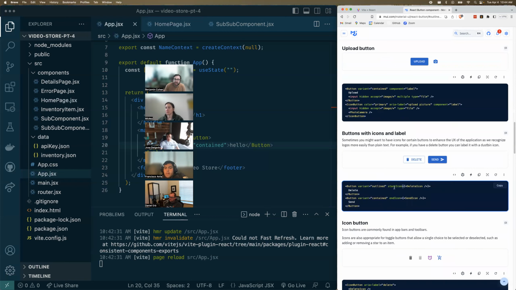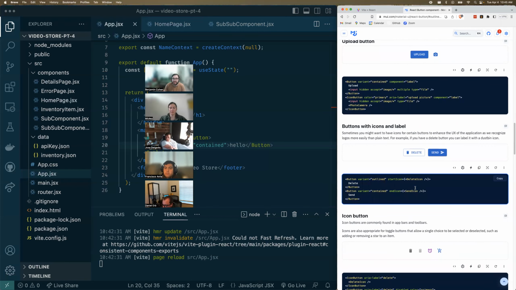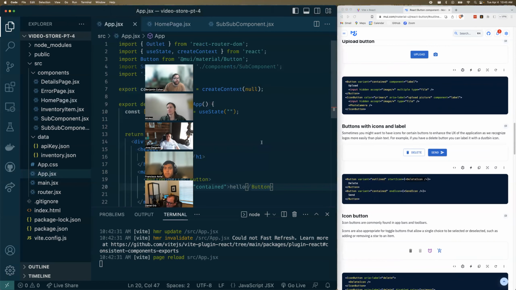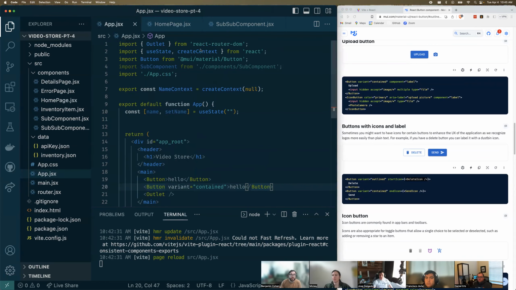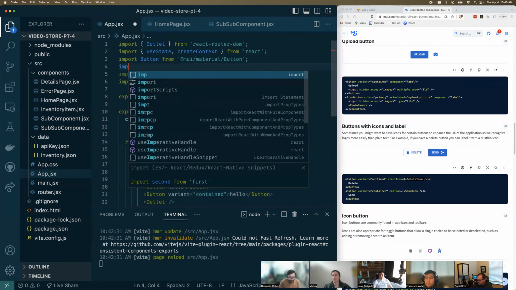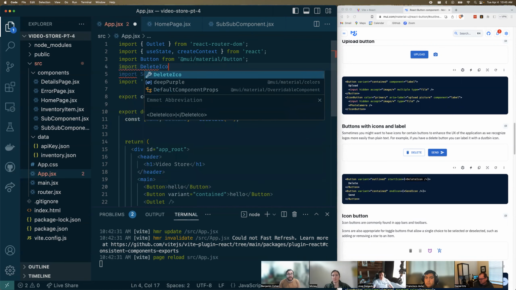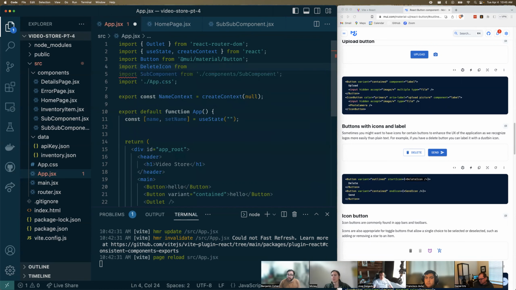Get some icons in there. So like, it's aware of lots of ideas essentially. So like delete icon is something that I'm assuming I can grab, for example. Just like I grabbed button, I can say import delete icon from, I see they're not showing where they're getting it from, but let's see if we can grab something like that from MUI, where I say,